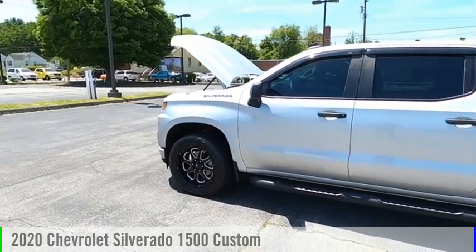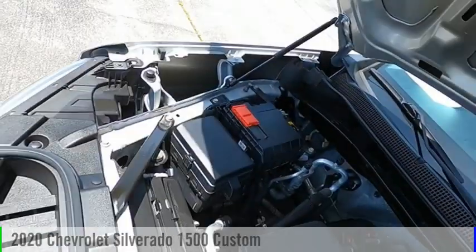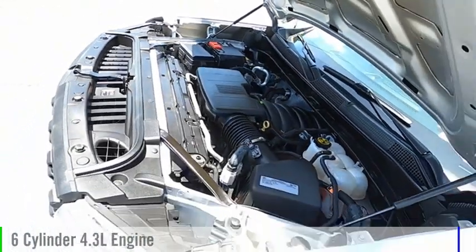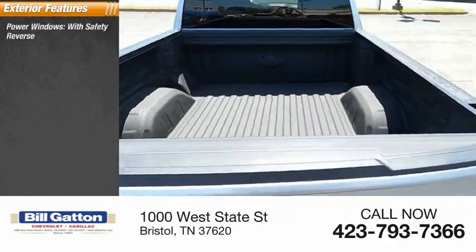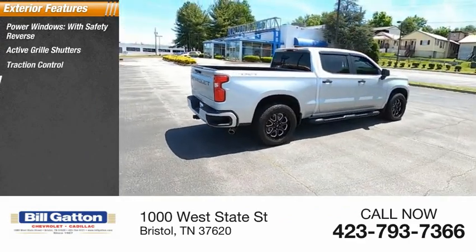Take a ride in the 2020 Silverado 1500. This vehicle is powered by a four-wheel drive, 6-cylinder, 4.3-liter engine. Here are some of this vehicle's great options: power windows with safety reverse, active grille shutters, traction control, stability control,